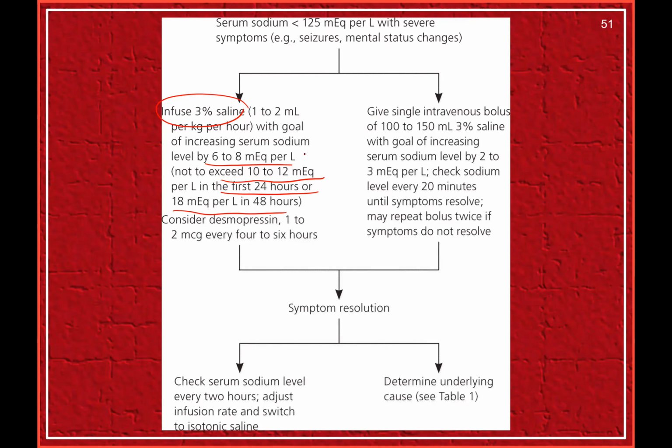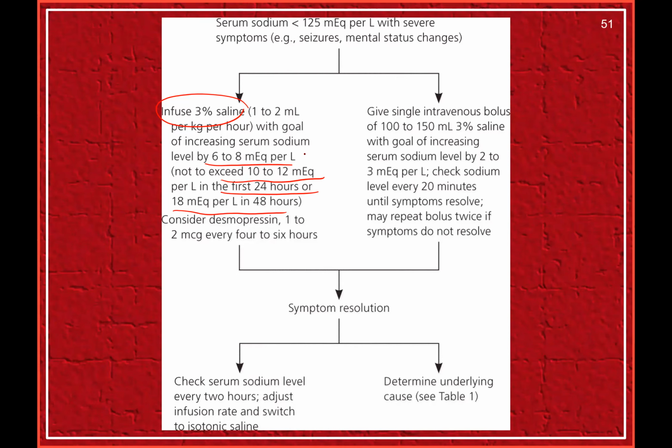And also, in some cases, consider desmopressin in inappropriate situations. How does desmopressin act? Desmopressin is vasopressin. Vasopressin is antidiuretic hormone. Antidiuretic hormone retains the fluid. You may expect that fluid retention might produce more hyponatremia. No. What will happen is it also stimulates the adrenal gland, and through the adrenal gland, sodium also is retained. Not only does desmopressin have water retention, it also has good sodium retention capacity.